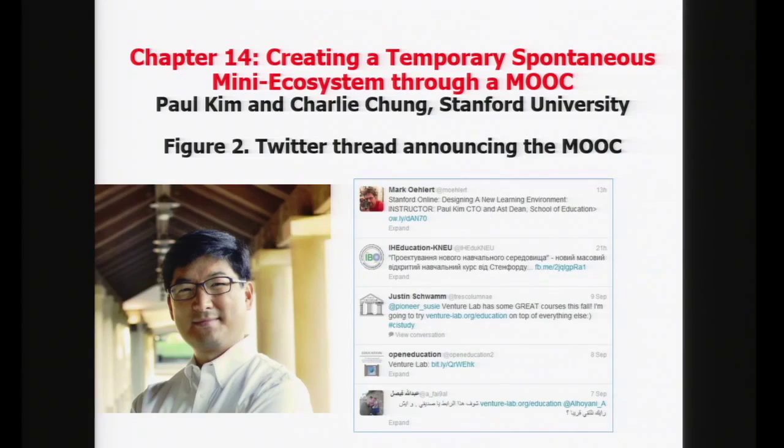Paul Kim, our good friend, who we've all worked with in the past, is looking at creating ecosystems and how these ecosystems evolve and how students support each other in the MOOC and provide resources for each other. And he used NovoEd, which was the Stanford Venture Lab tool that spun out after Coursera and after Udacity. NovoEd is probably more robust and now allows for more collaboration. So he talks about that collaboration and how to use social media to get people into the MOOC.